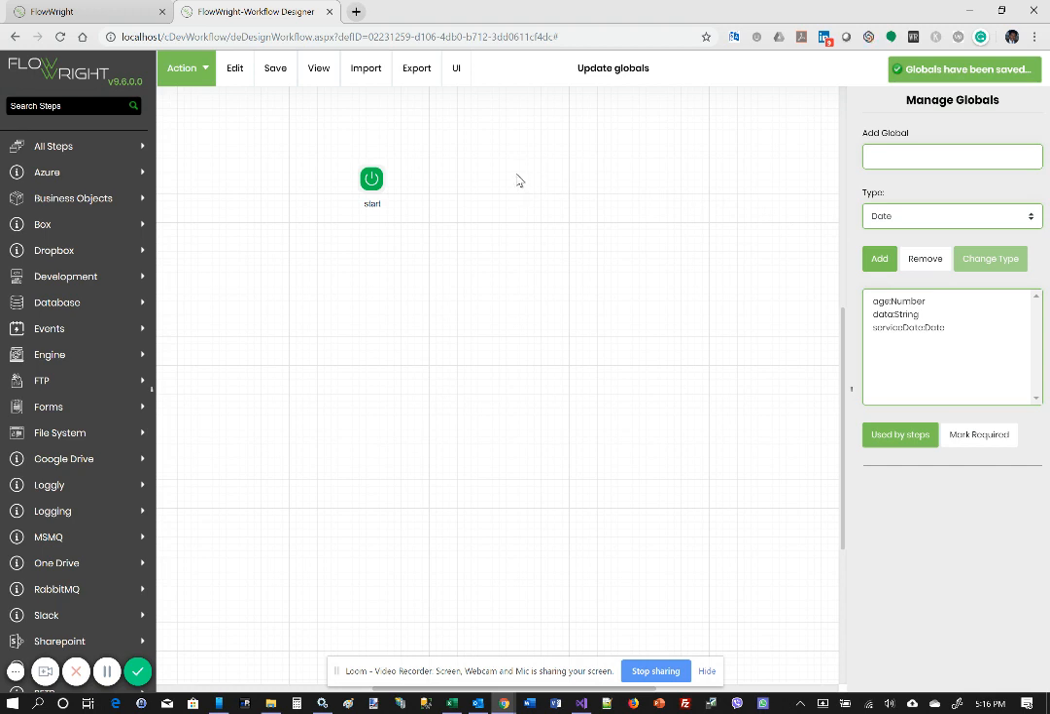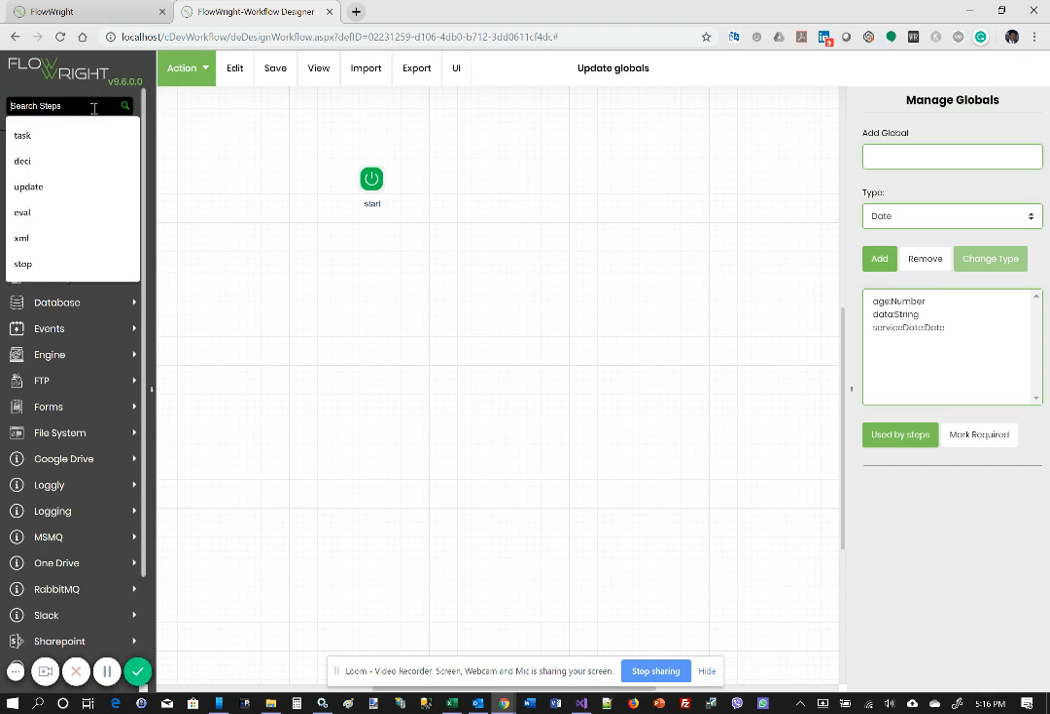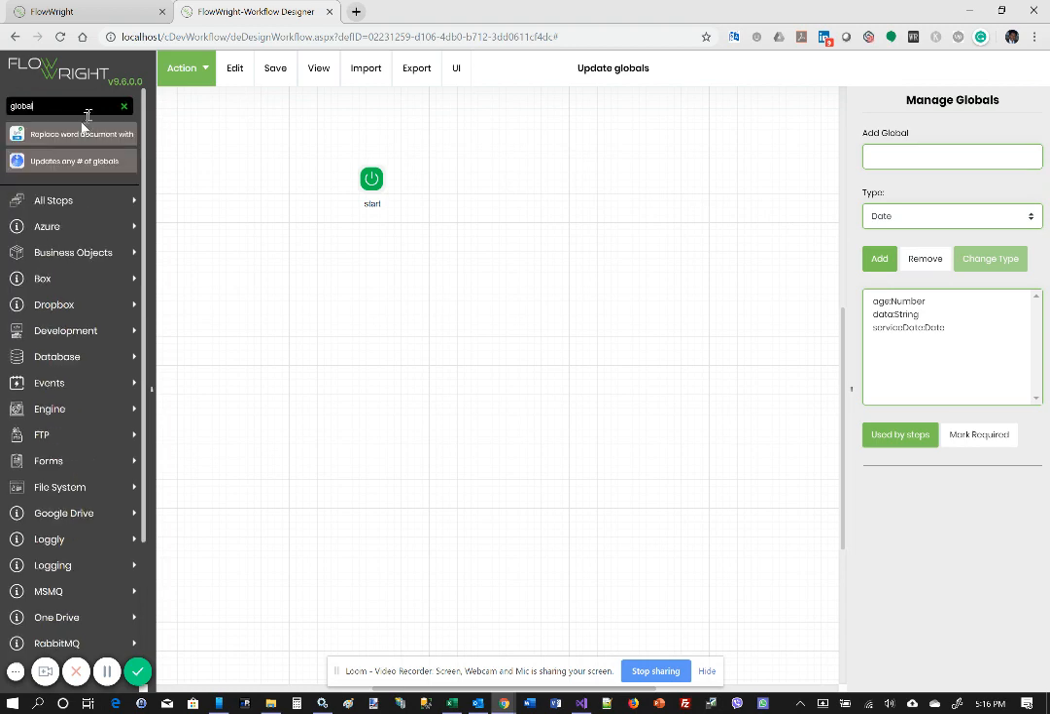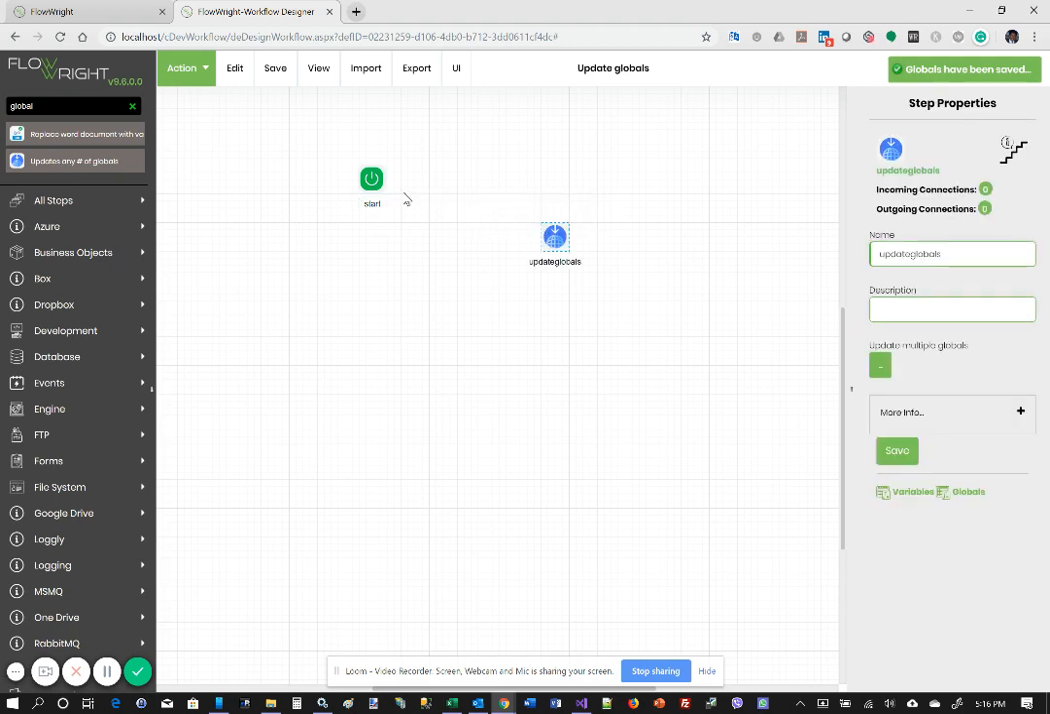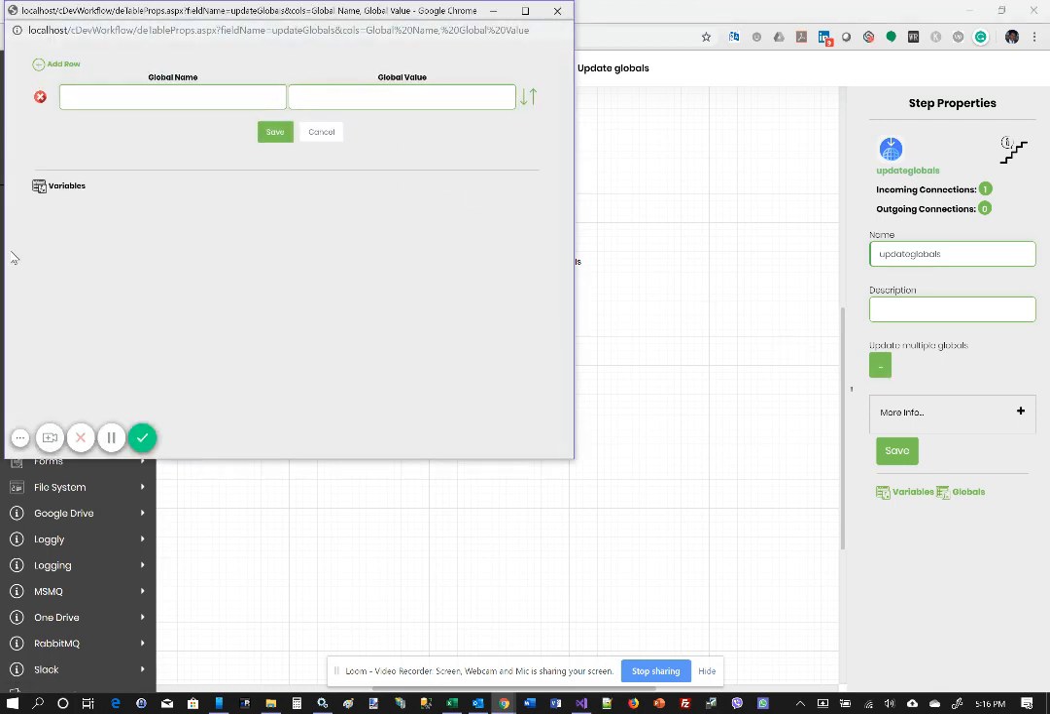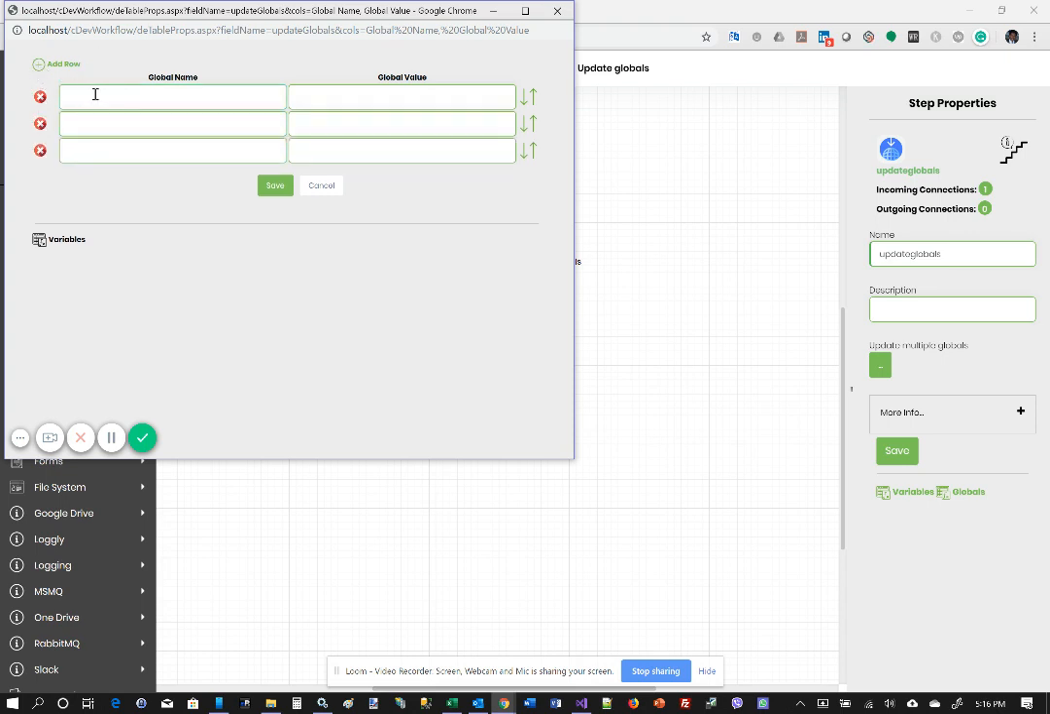And now we're going to get the update global step by searching on the toolbox. Once we drag the step, we're going to connect the two steps together and then configure the properties of this particular step. So here we want to make sure that we go into update multiple globals. And you can also add a couple of different rows here. So since we're going to be updating multiple globals,